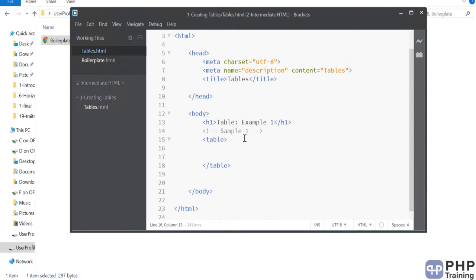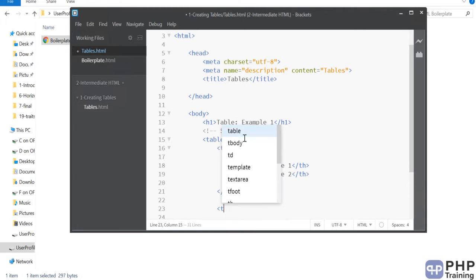For the table we have to create the heading first. So let's create the heading. So to create the heading, there is one more element called TH, that is the heading. So here you will add the column names. So I'll say column name 1 and column name 2. Okay, once you add a row for that heading, then you have to add another row for the data.